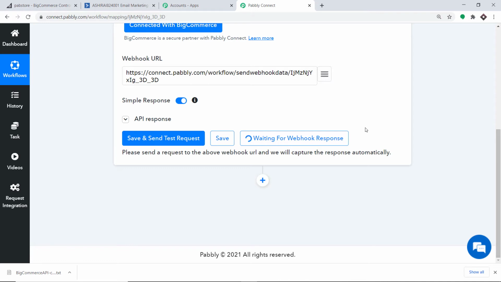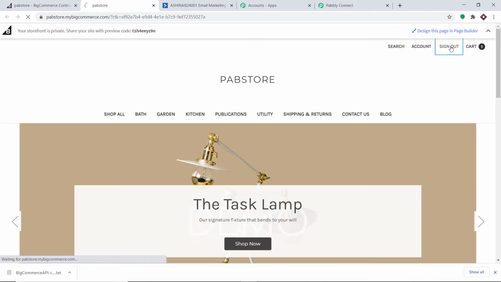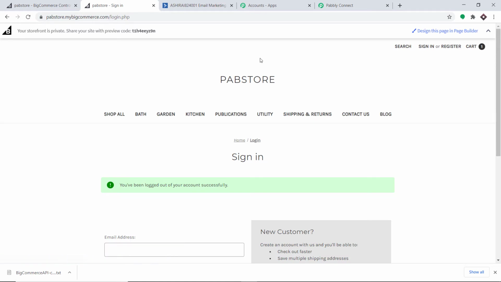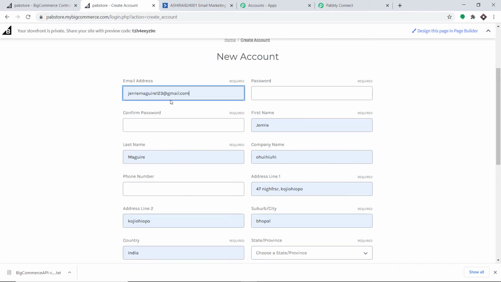So let us go to BigCommerce and register ourselves as a dummy customer. So I'm going to BigCommerce. I'm going to go to this view store. I'm going to sign out of my old account and I'm going to register myself as a new customer. Okay, so these are the details. I'm going with this one,